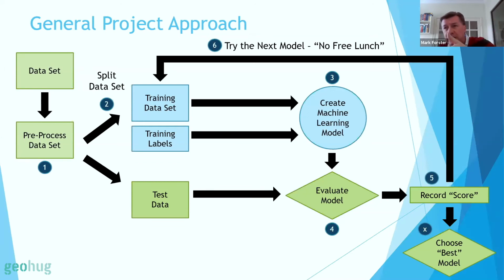So in this case, I would get 200,000 brand new predictions. And of course, what I have over here that I've hidden, as it were, so I didn't pass that to the model, is the test set of labels. So I know what categories they should be. So basically I can evaluate that model by comparing my test labels against the predictions that the machine learning model gave me. By comparing those, I can come up with accuracy numbers, I can come up with a confusion matrix, and I can see exactly how good that model is. So then I might record that score and try again with another algorithm.